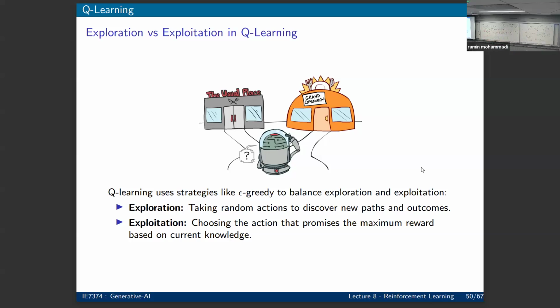Exploration, you allow the model once in a while to take random actions, repeat it through the end, for example, to see what's going to happen. Exploitation, you always basically act greedy and always take the same action over and over again. Okay, so